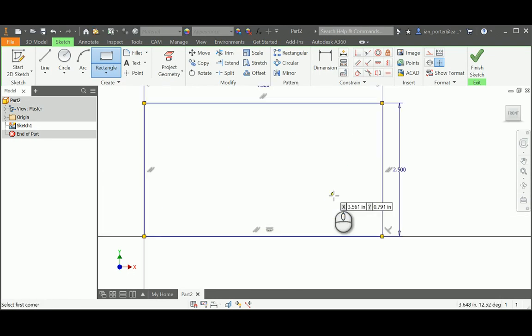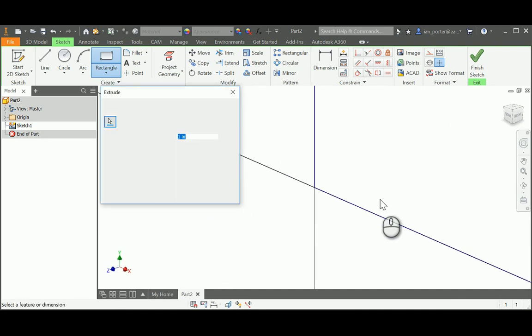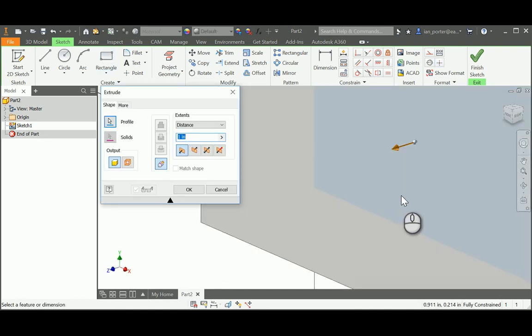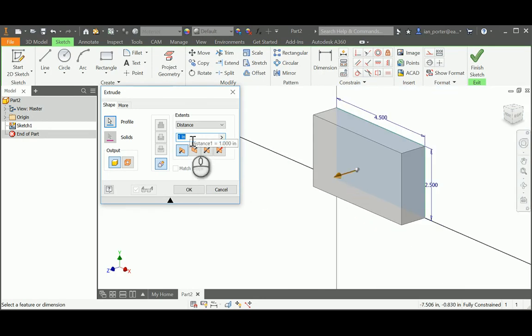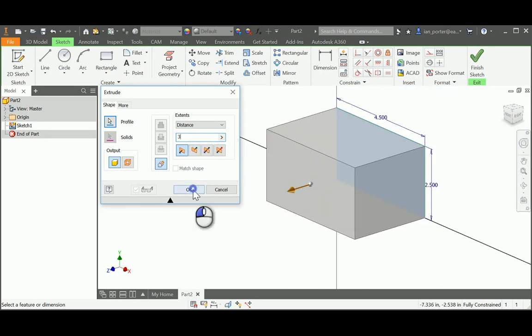I'm going to press E on my keyboard to extrude this object. And the total extrusion of this object is going to be 3. So if I change my distance to 3 and say OK,